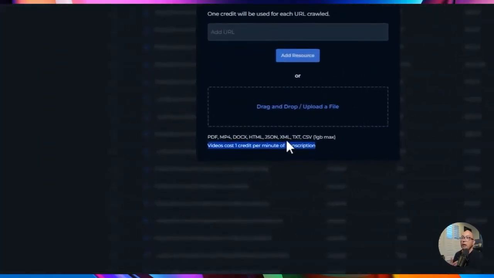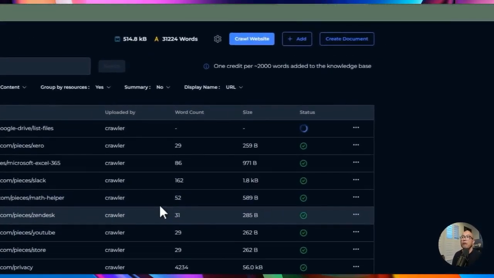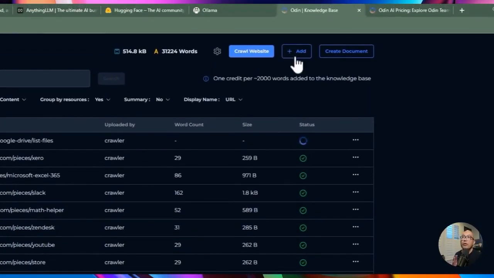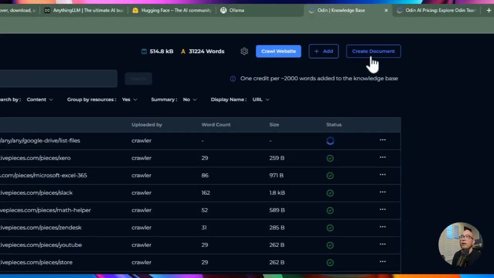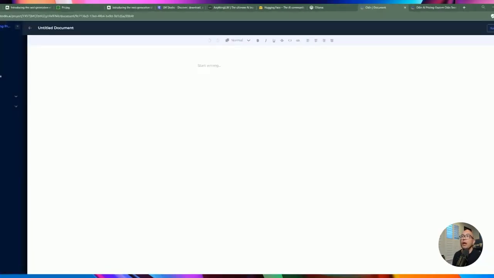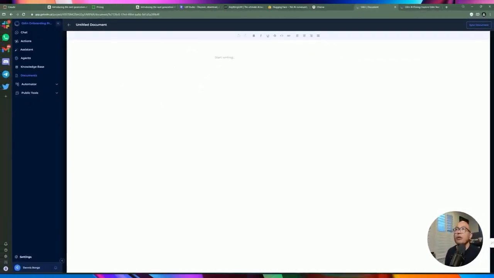But if you want to train your bot to have additional information, not just the website and being able to crawl it, you can also include your PDF document or some document that you have. And one thing that you can also do is create a document. If you just want to type it in, let's say you just want to copy and paste a specific document or type your own document, you can also do that here. It's like working with a Word document. You can just type in whatever you want. So activepieces